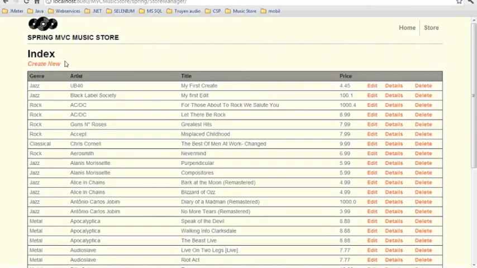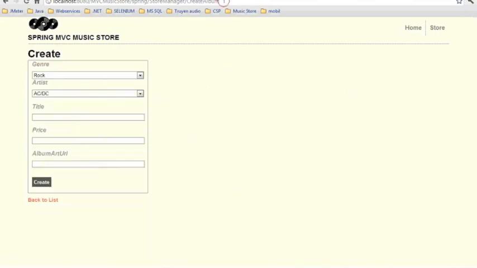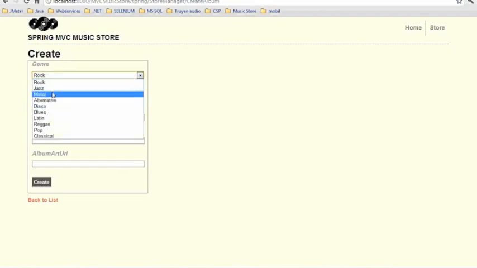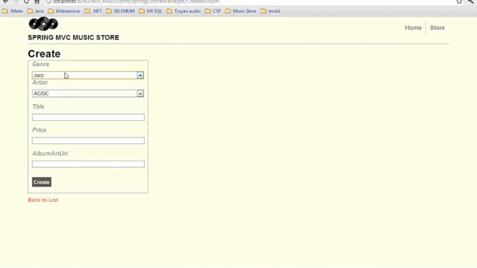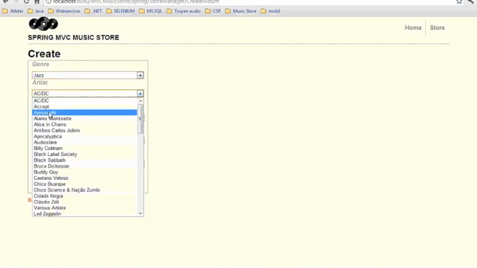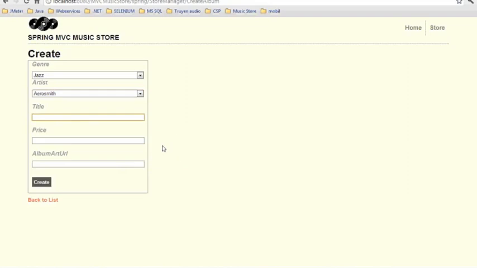And today we work with create new. See, it goes to create album, and we have the drop down list as we wish. So I choose jazz and Aerosmith,